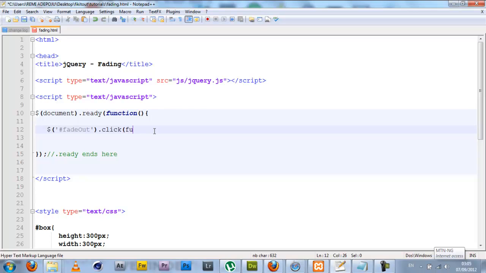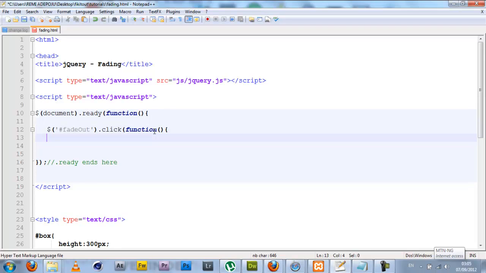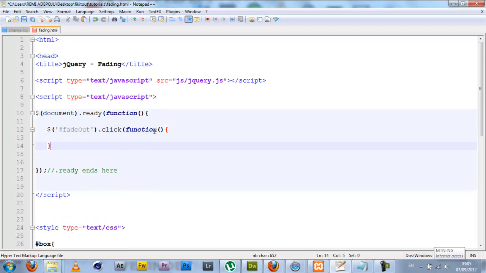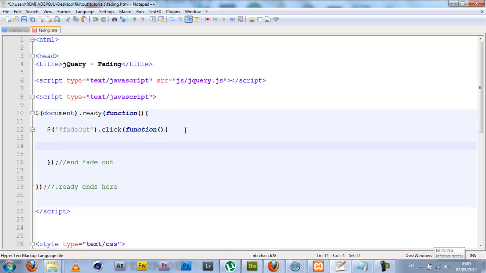In my click event, I'll put an anonymous function, and put a comment here, fade out. Then inside this code block, I'm simply going to grab the box,